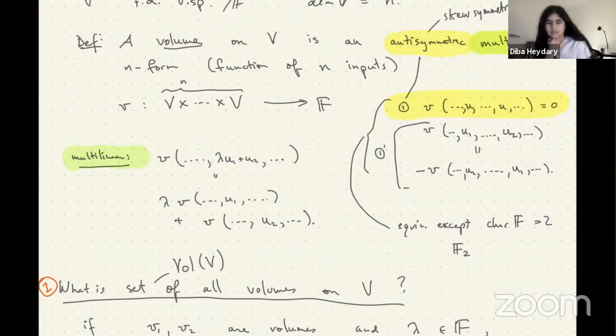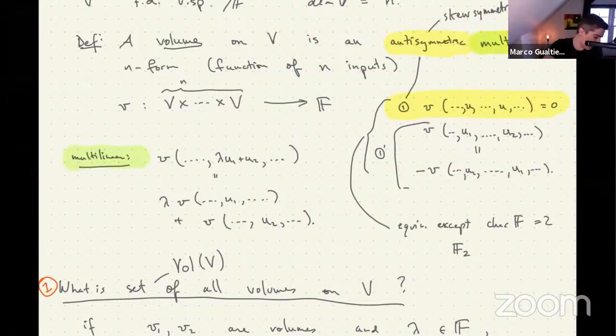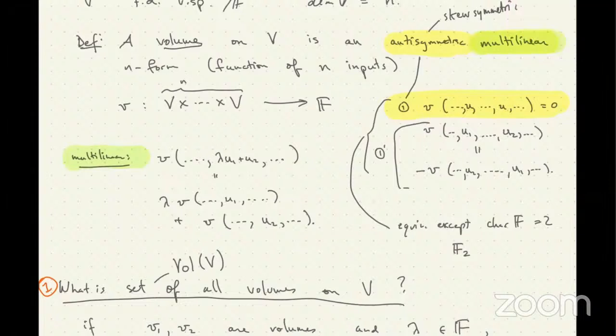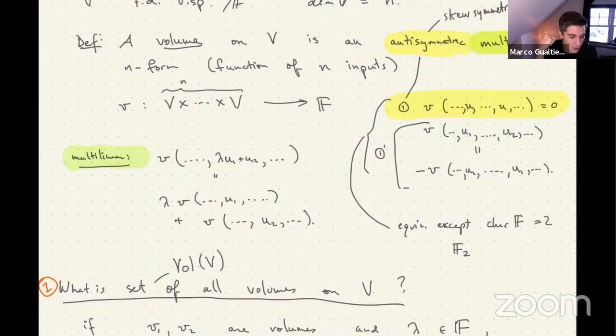Is it related to the determinant? Yeah, it's definitely related to the determinant. I mean, the volume and the determinant are very similar. They're almost the same as we saw last time. Is it the rank? Say again? Rank. Like, is it the rank? I'm not sure. Rank? Yeah. What, the rank of what? Yeah, never mind.